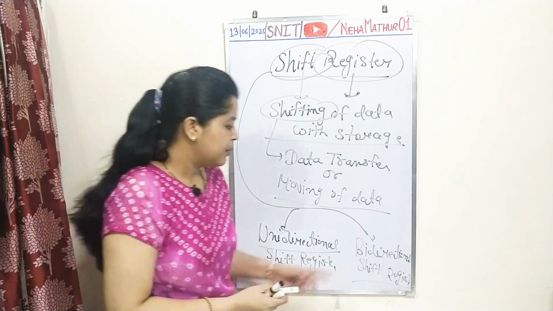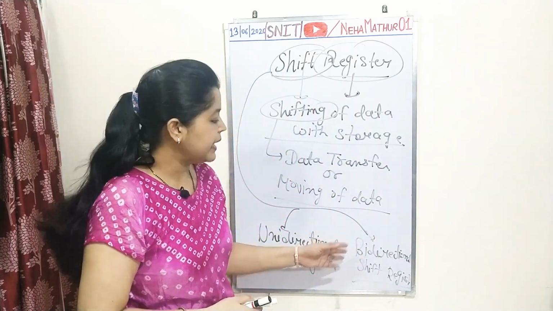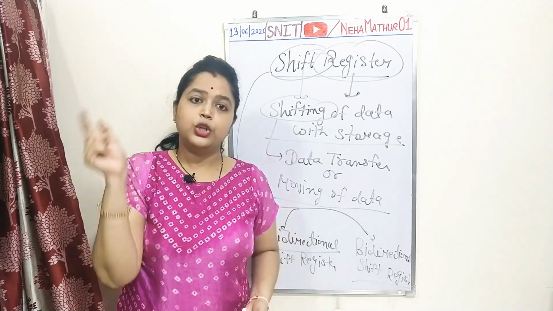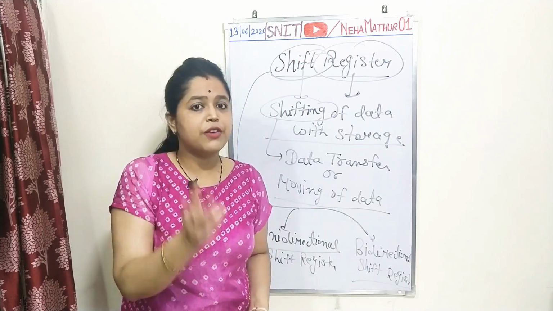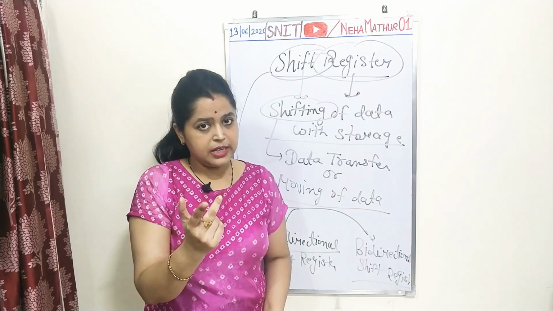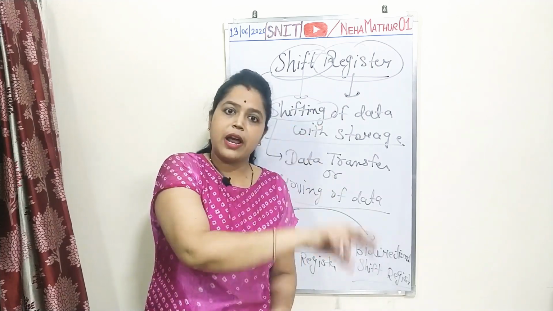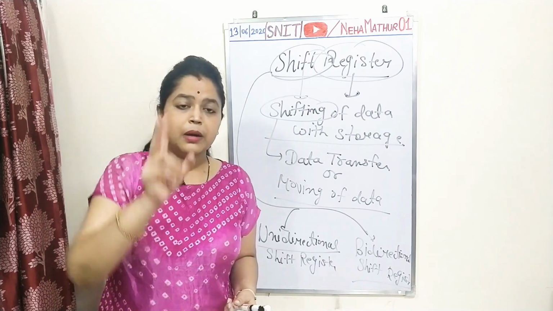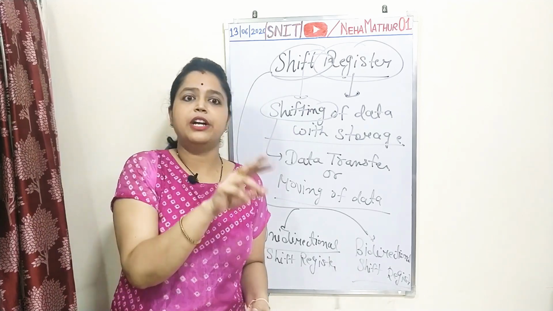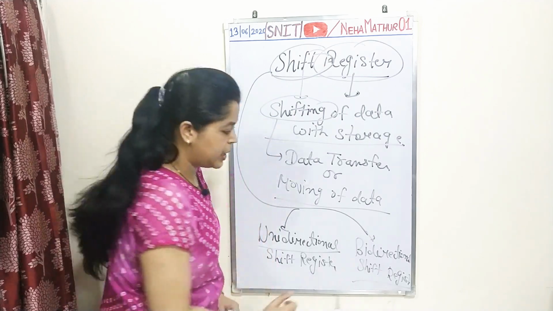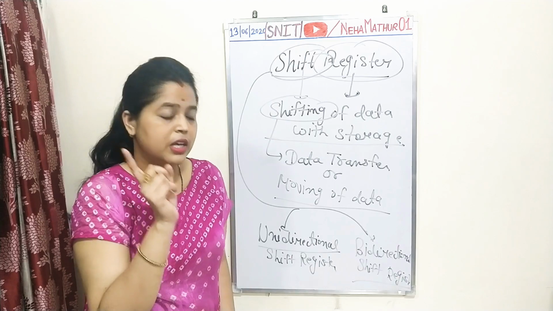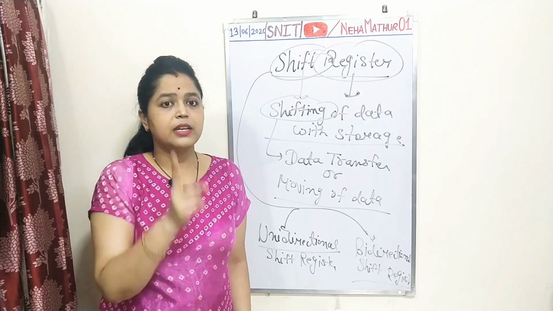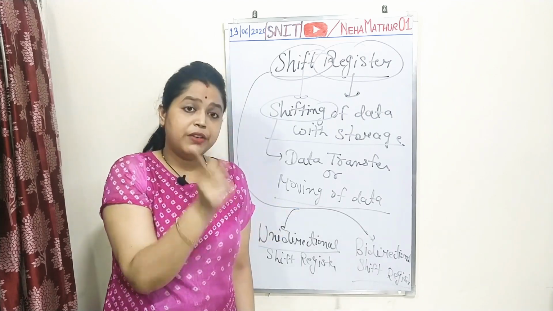The next thing is the bidirectional shift register. Bidirectional means that with the help of a single circuit system, you are capable of shifting your data as you wish, from left to right or right to left. If a single circuit is sufficient to perform bidirectional operation, it comes under the category of bidirectional shift register, as long as the digital system is able to store the data and shift the data with storage.